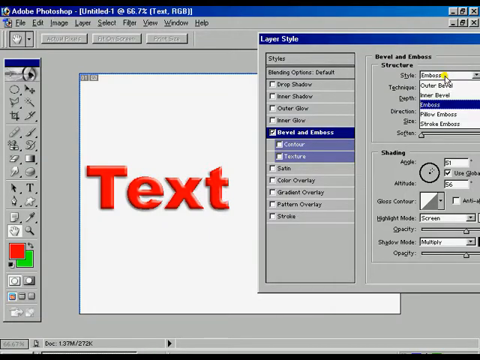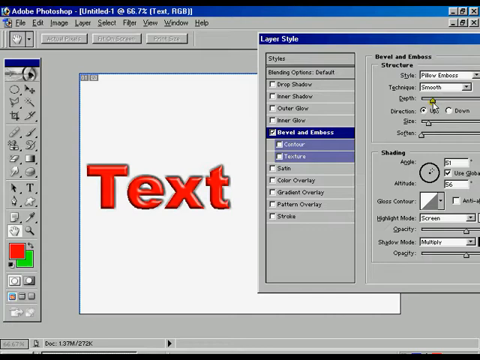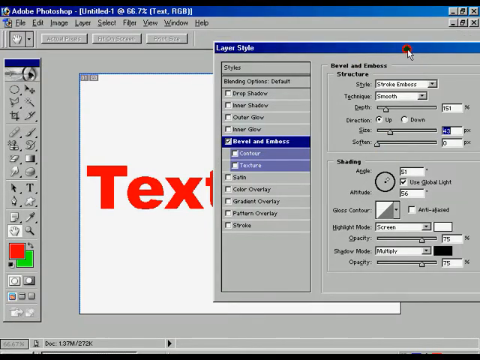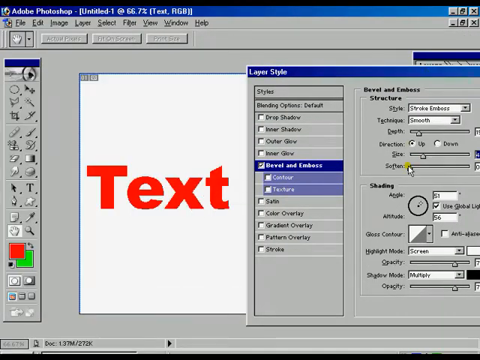We can change the depth. Same thing goes for the pillow emboss. We can change the depth, size, and the stroke emboss also. Now we can use the depth of that one.